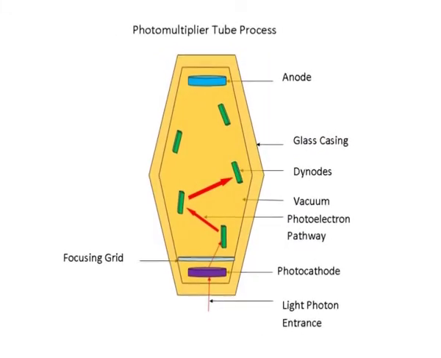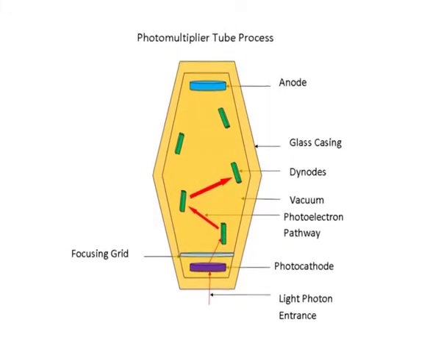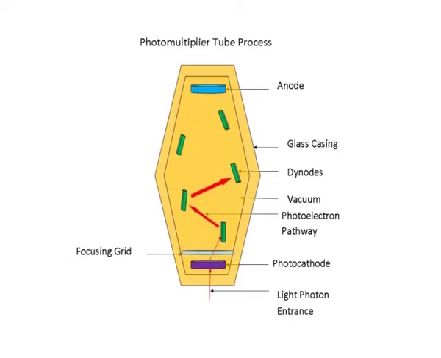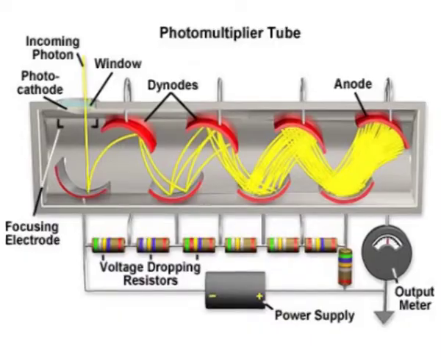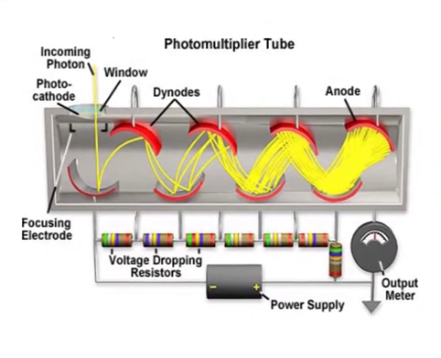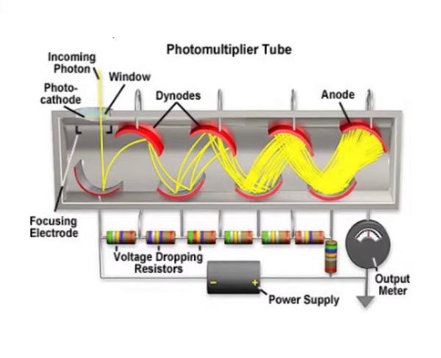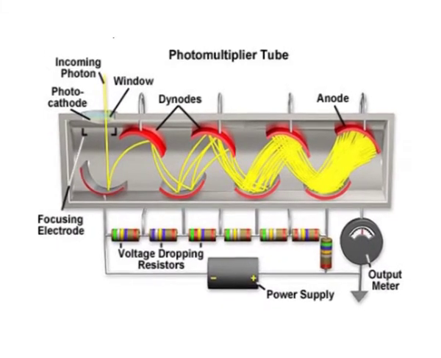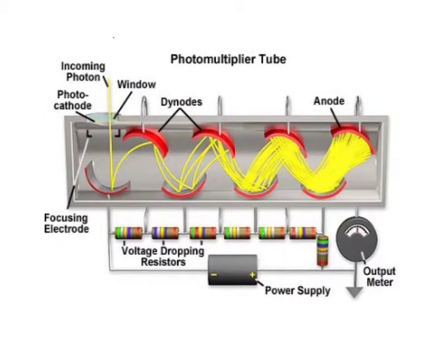The photomultiplier tube is one of the most sensitive light detectors. Photomultiplier tubes, members of the class of vacuum tubes and more specifically vacuum phototubes, are extremely sensitive detectors of light in the ultraviolet, visible and near infrared ranges of the electromagnetic spectrum. It is generally used as a detector in UV spectrophotometer.